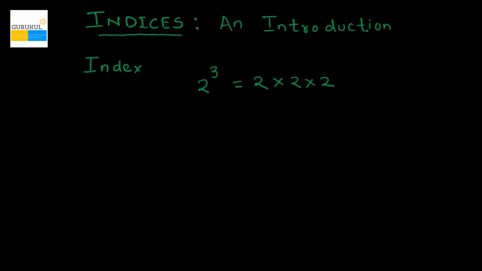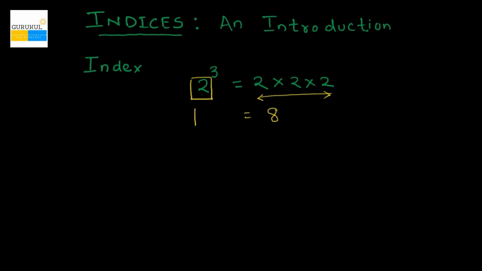The product is equal to 8. So the shorthand notation for writing 2 times 2 times 2 is 2 to the power 3. Here 2